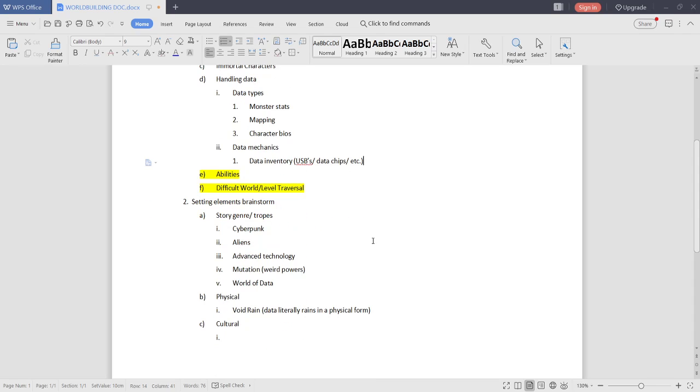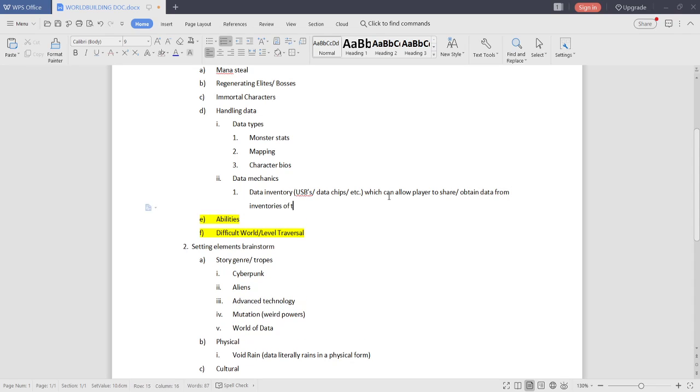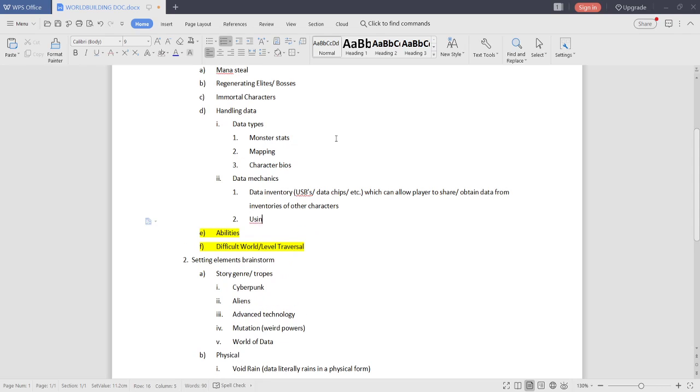Oh yeah, data mechanics. There's a data inventory, which can allow the player to share slash obtain data from inventories of other characters. And then, of course, there's using said data to play slash play better slash enrich the game.